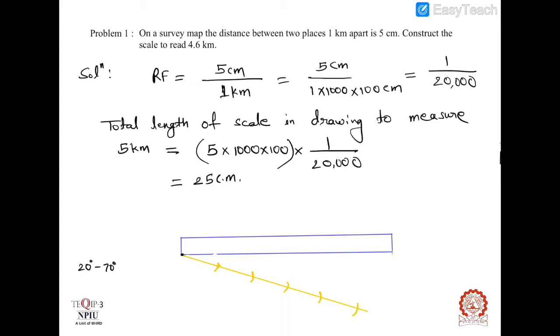Now join this point and this point. Okay, by using the roller scale, you have to draw a line parallel to this line. Okay, parallel to this line, you have to draw a line from this point. Okay, these both lines are parallel. In similar way, you have to draw another parallel lines here.